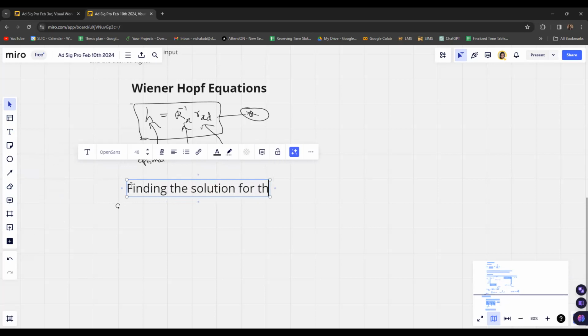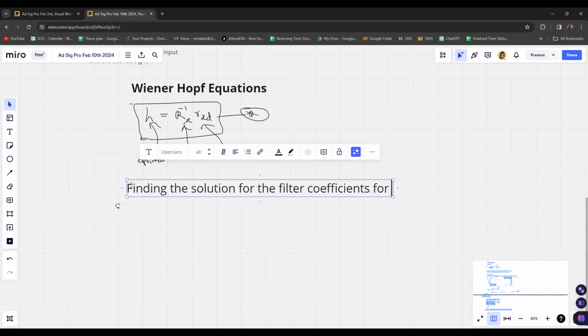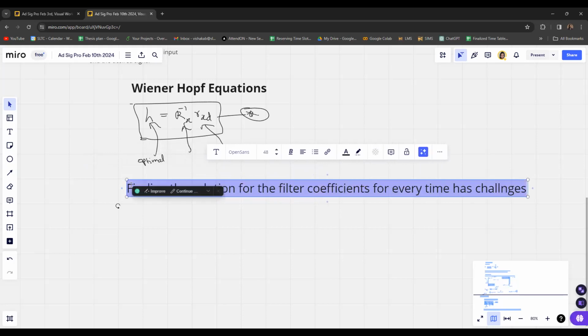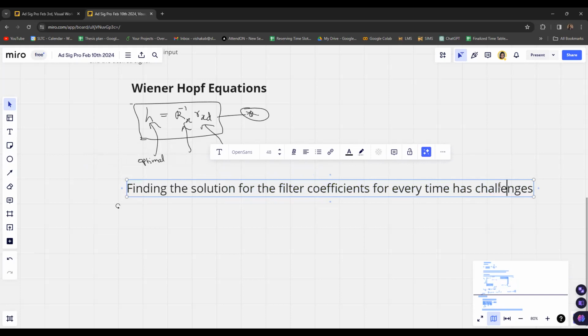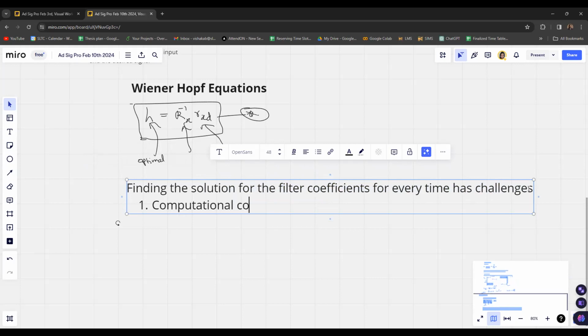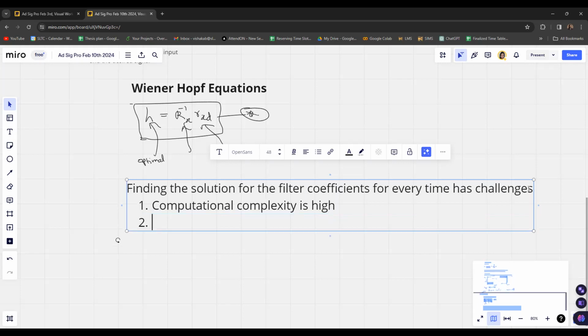So finding the solution for the filter coefficients is going to be challenging, for every time index, for each time has its challenges. One thing is computational complexity is high. Another thing is the